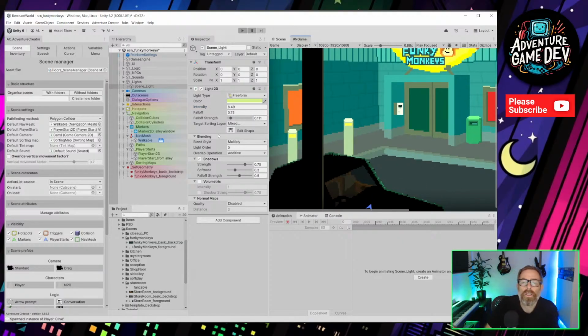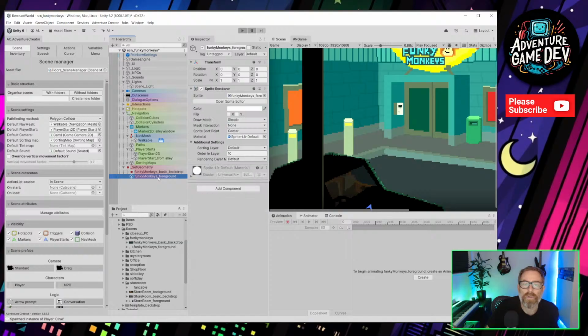So how do we change that? Because we haven't put it on the foreground layer. But it isn't a layer. How would you put something on a sorting layer? Sorting layer. Foreground. There we go. So it's now not lit by this light.